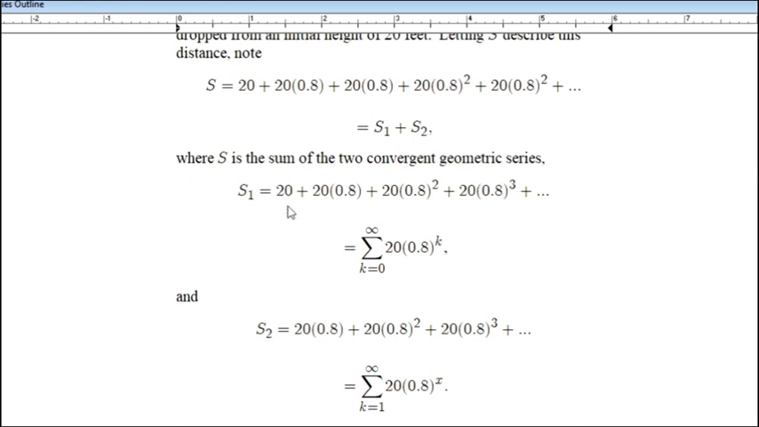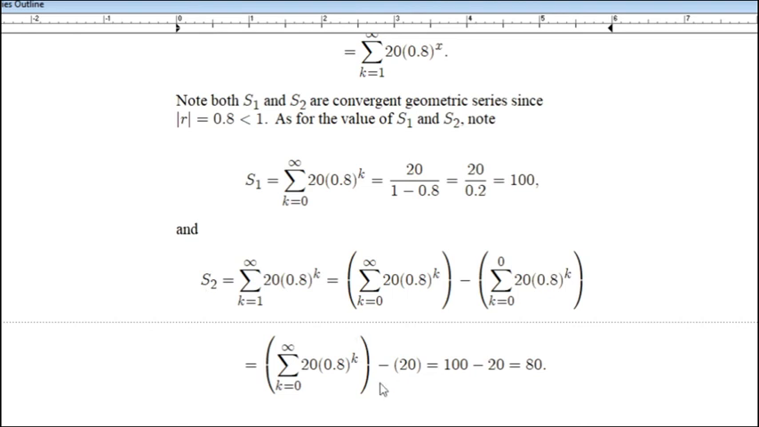We can go back and note that very first term being 20. S sub 1 and S sub 2 look very similar to each other. The real difference between S sub 1 and S sub 2 is this very first term. S sub 2 does not include this quantity of 20. So when we think about S sub 2's value,